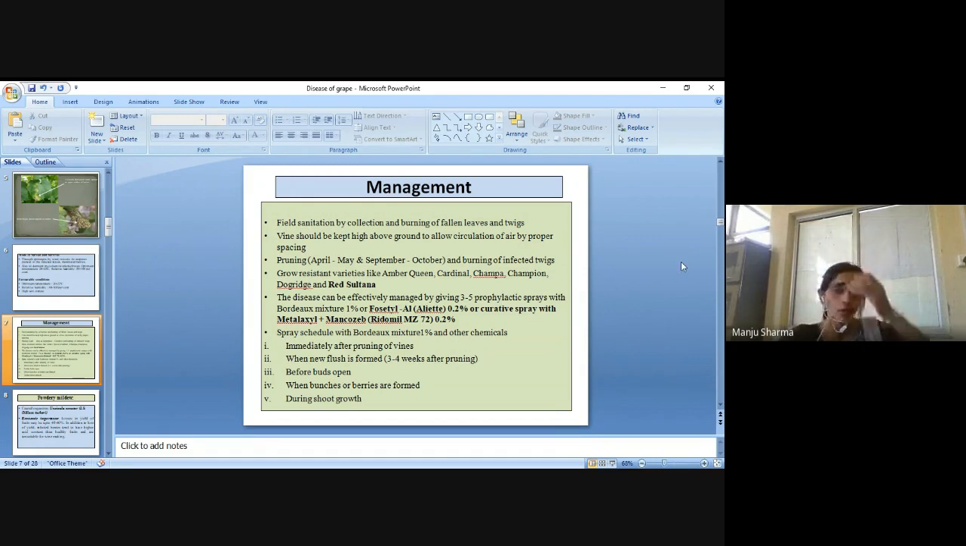So when new flesh is formed, then 3 to 4 weeks after pruning, then before buds open, when bunches or berries are found,